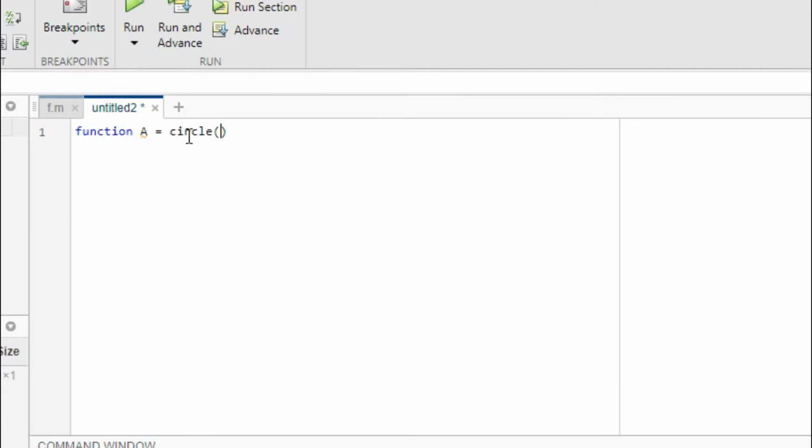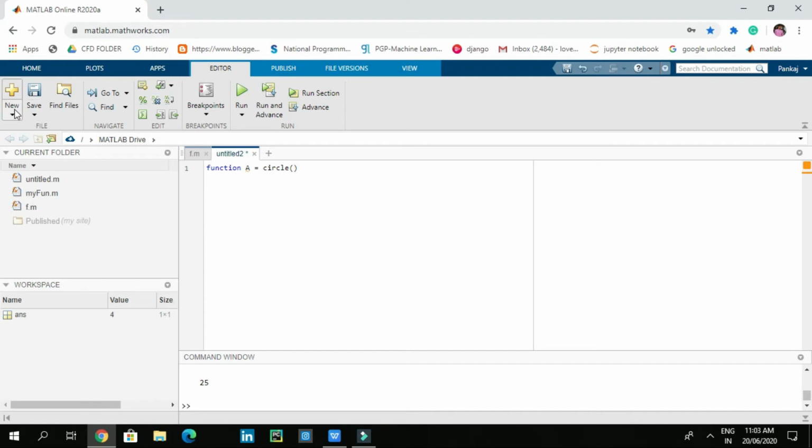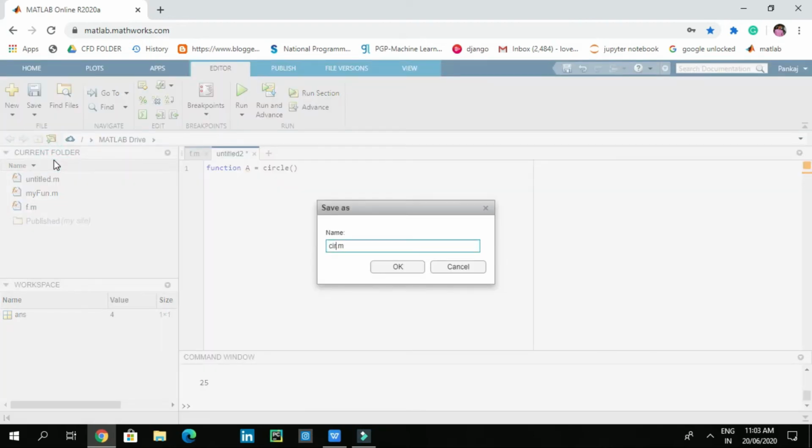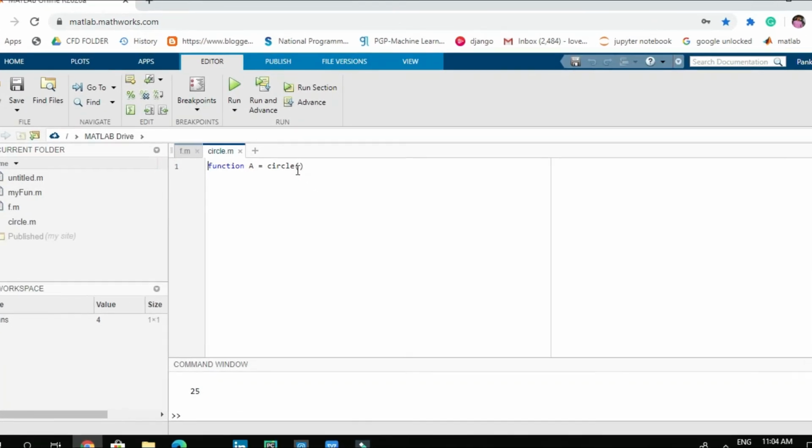While saving the name you need to follow some guidelines: don't use any predefined function names, and don't start with any number or special characters. So let's save this file with the name circle. So this file is saved.